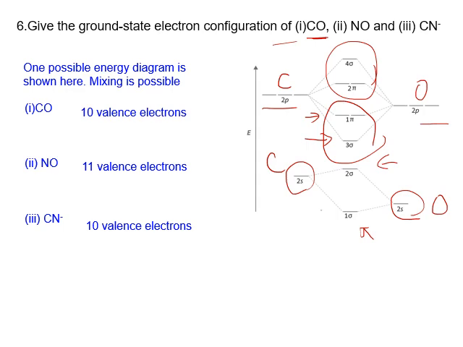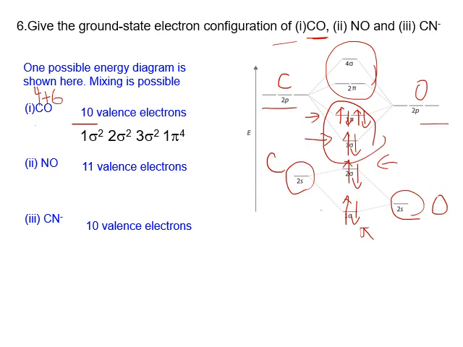So now we count the valence electrons. For CO, carbon has 4 and oxygen has 6, so that's a total of 10 electrons. 2 go to the 1 sigma orbital, 2 go to 2 sigma, 2 go to 3 sigma, and so on, up to 10. All right, so that's 10, and therefore the electronic configuration should be 1 sigma 2, 2 sigma 2, 3 sigma 2,